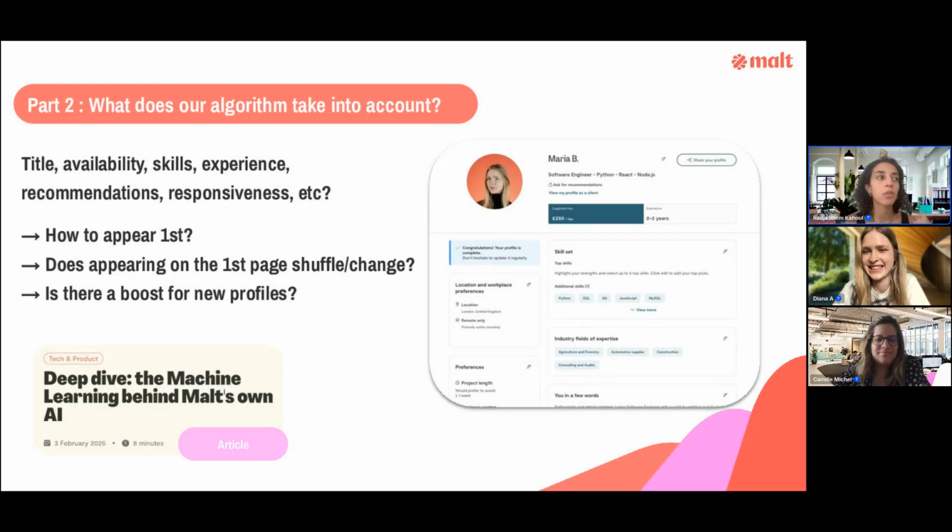Yet how to appear in the top profiles, let's sum it up like that: really have a complete profile, I guess, is the main answer. And also make sure it remains fresh, because maybe you signed up 3 months ago and things happened in between. So really don't hesitate to update your profile and to make sure you remain active on the platform. Perfect. Kemi, I think you have something to add, so feel free.